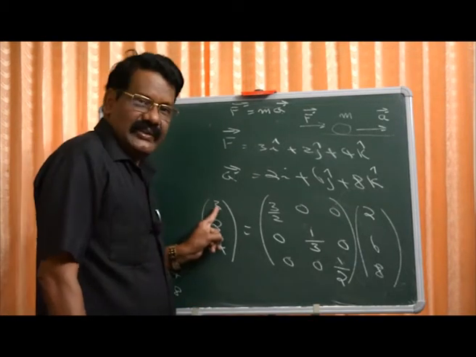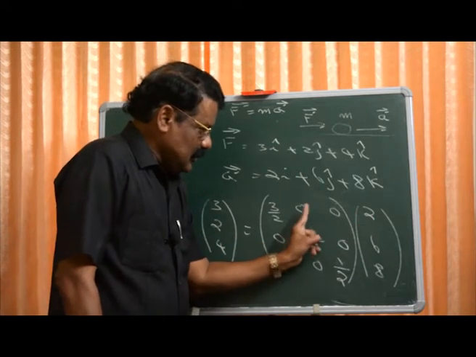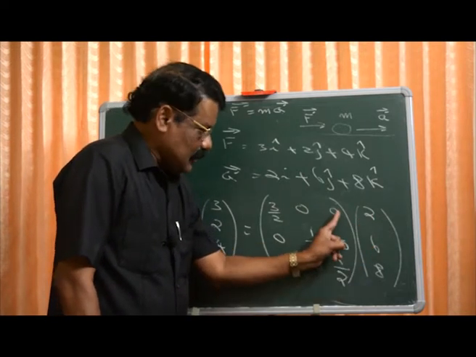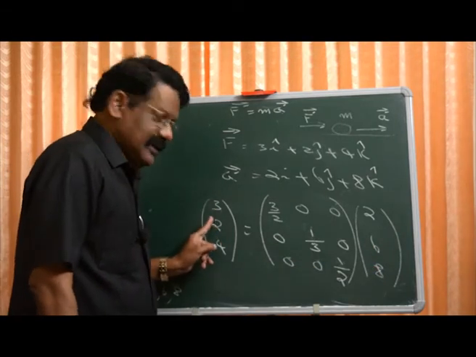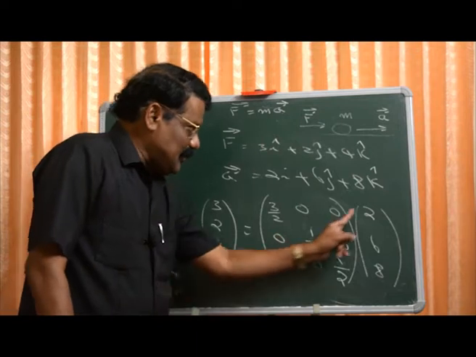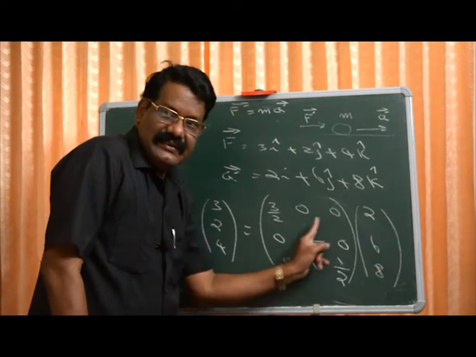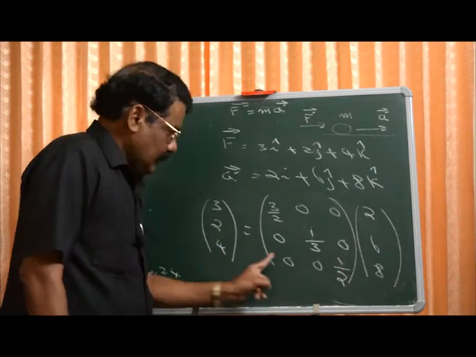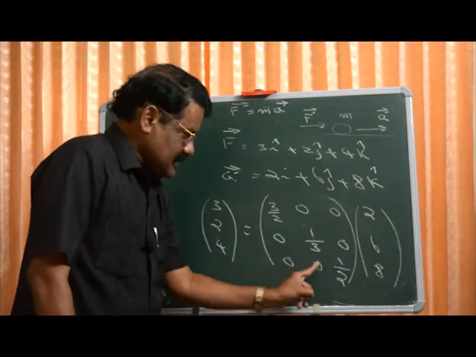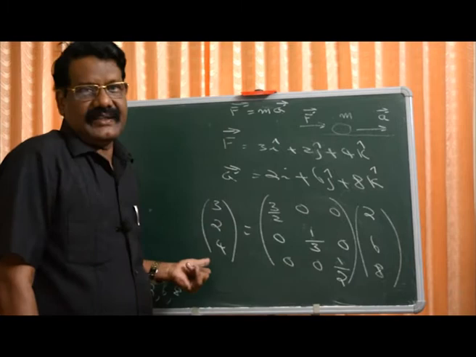Here we should get 3 by 2 into 2 plus 0 into 6 plus 0 into 8, obviously 3. Next one, here you should get 2: 0 into 2 plus 1 by 3 into 6 plus 0 into 8. Correct? You get 2. 0 into 2 plus 0 into 6 plus 1 by 2 into 8. So